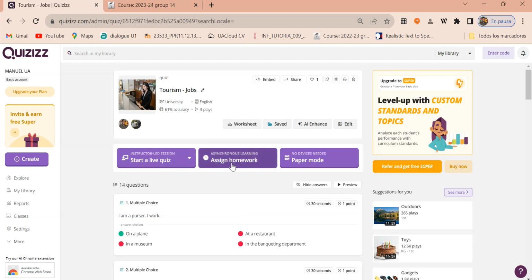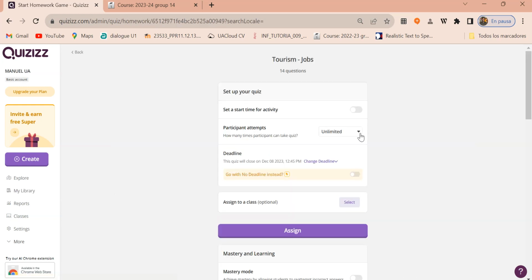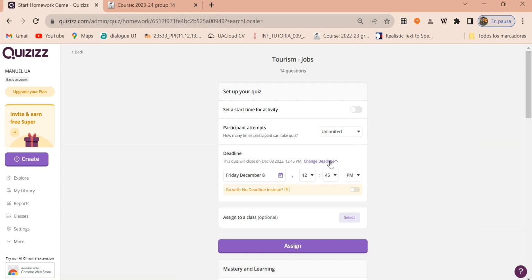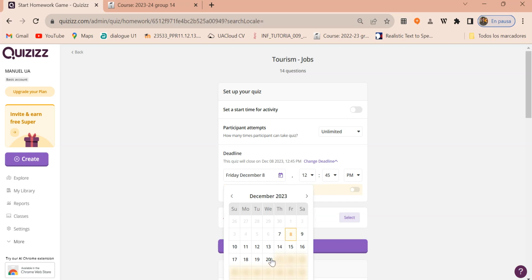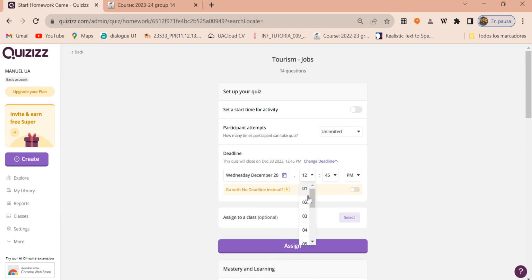as a homework. So I'm going to click here. I'm going to select the right options. In the deadline, please, for this particular activity, put the deadline as far back as possible so that we have time to check that the activity is working. Okay. With your students, make sure you put a deadline that makes sense so that they have time to do